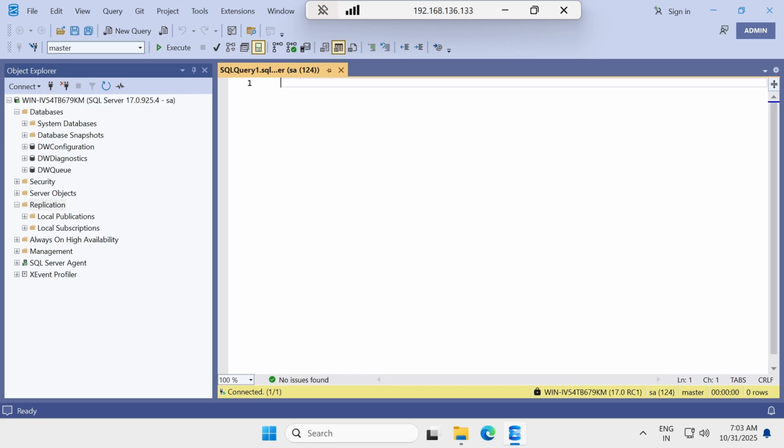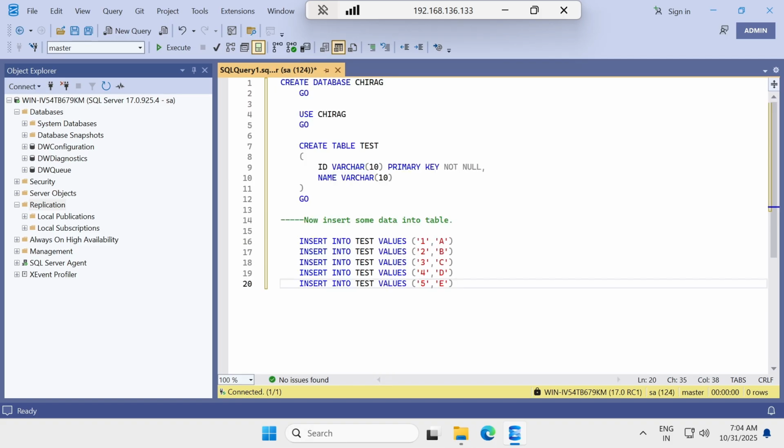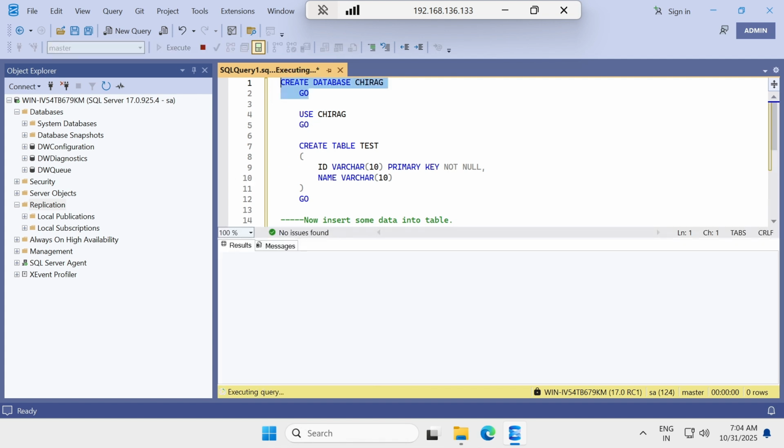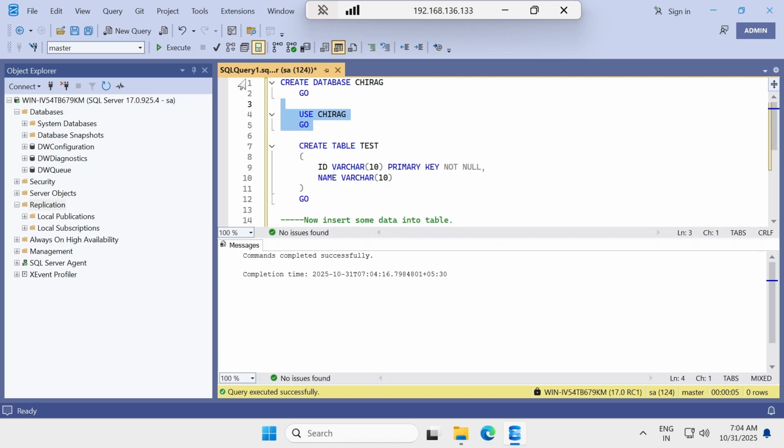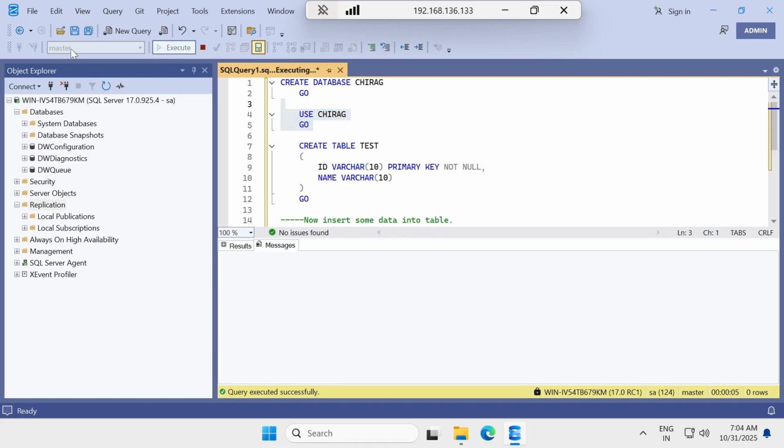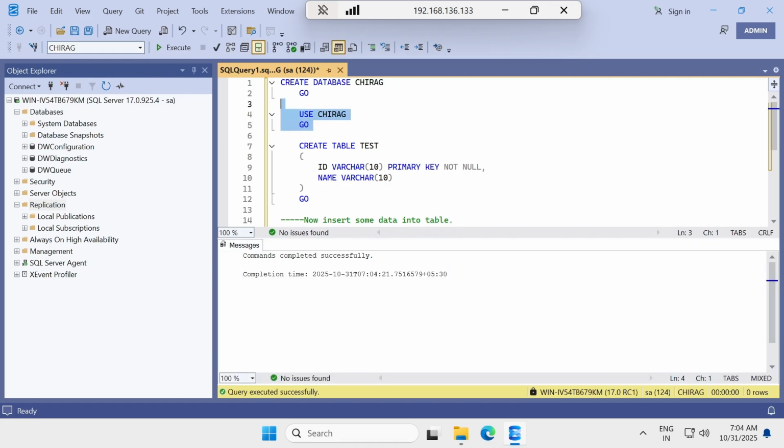Open. Now Control V. Now I'm going to create a database. These two commands: create database name, go. You can select the database from here also. We're selecting the database. The master will change to Chirag, and we'll create a test table,